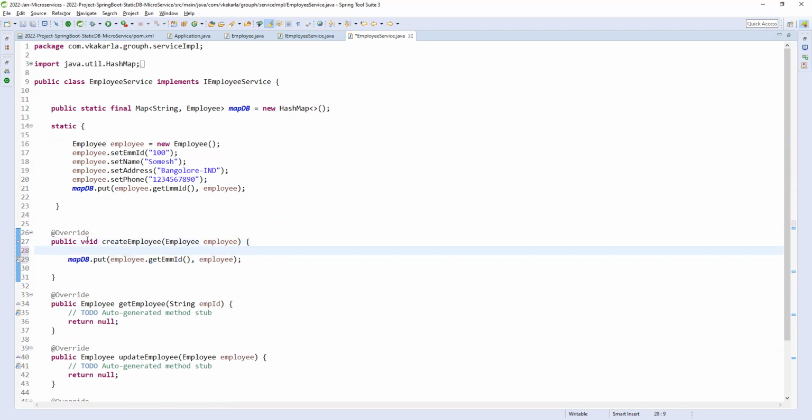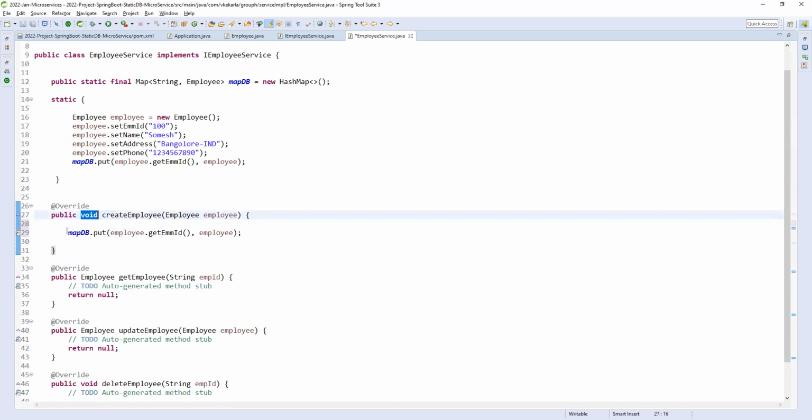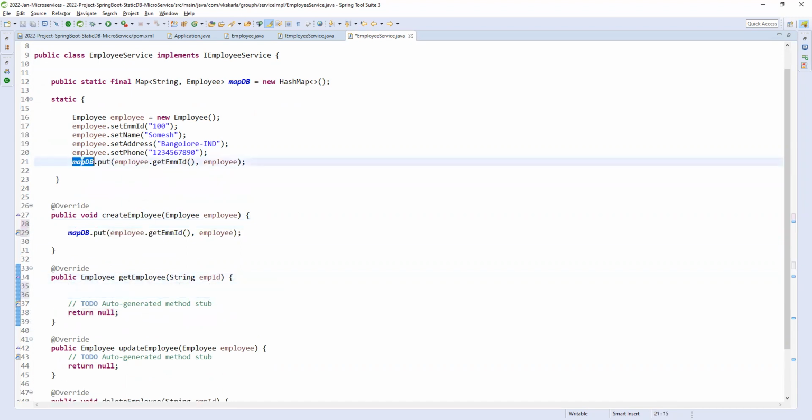Okay, so we are not returning anything, right? Whatever we are getting here, the get employee, employee ID, by passing employee ID. You know, right? Map.get by passing the employee, emp response.